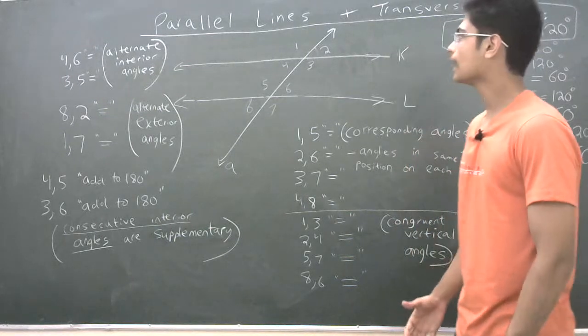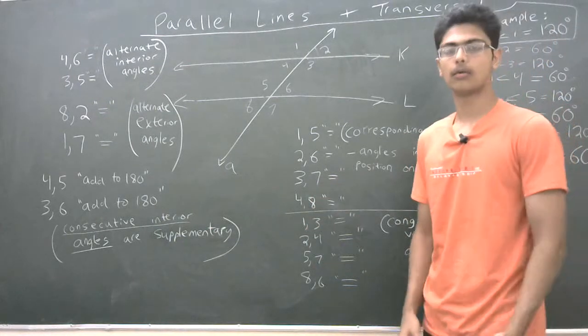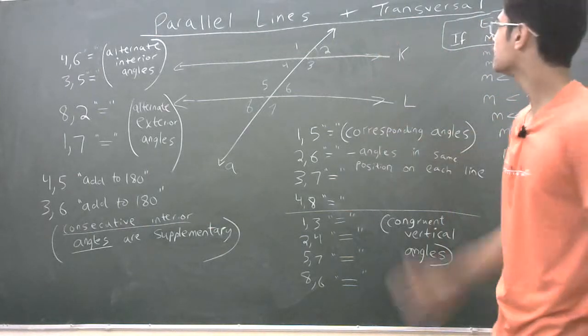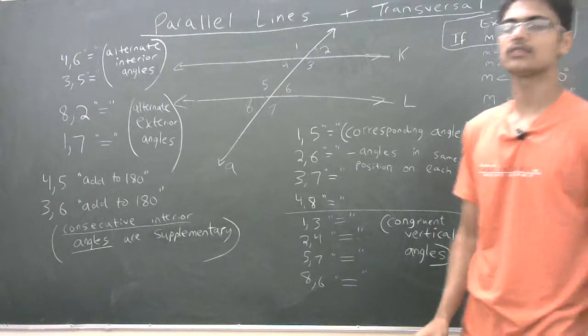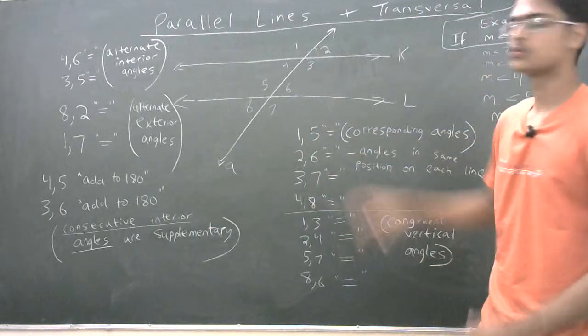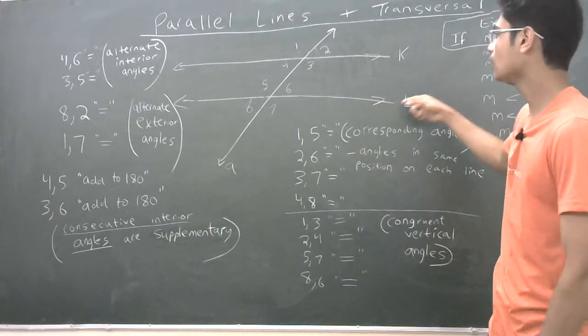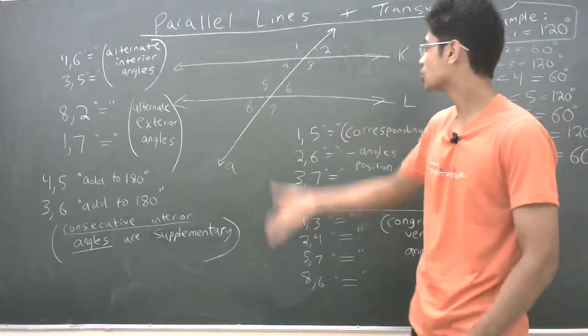Hello. So here we have another important concept used in geometry. It's parallel lines and a transversal. There are some rules with angles here, as you can see. There are two parallel lines labeled K and L, and these are being cut by a transversal